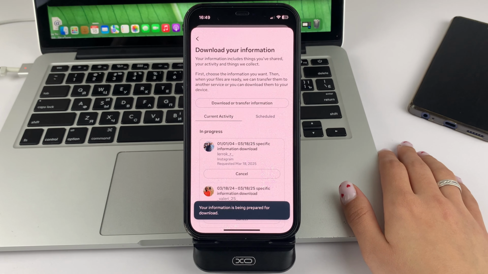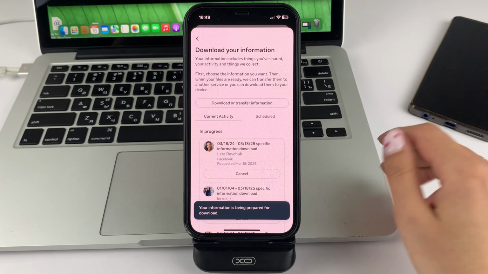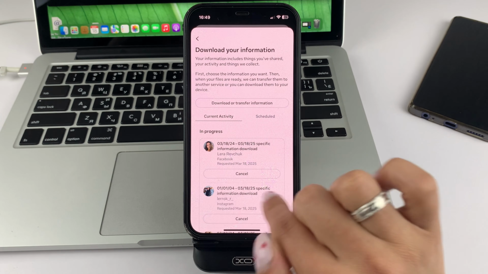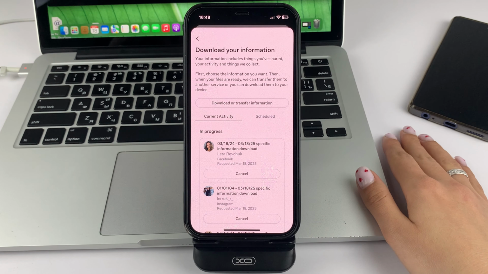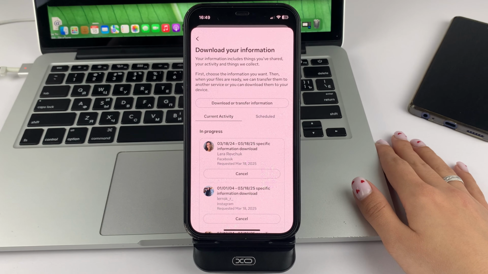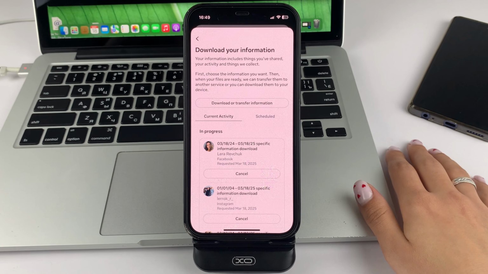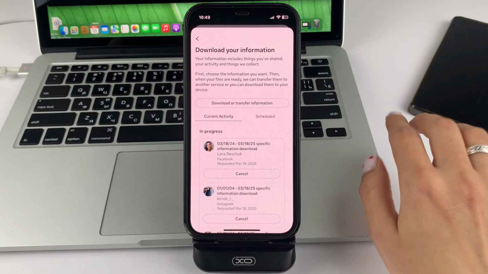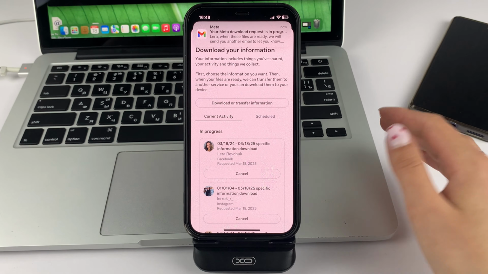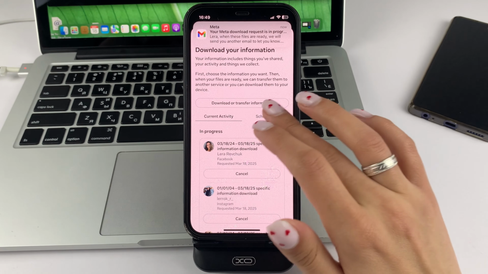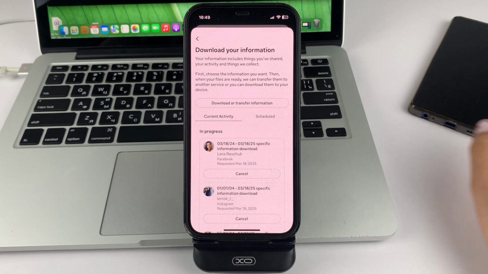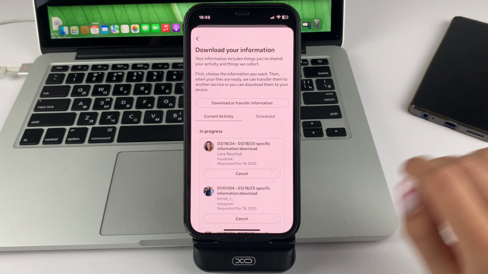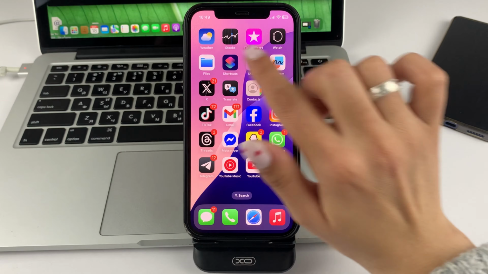And then you will be taken back to the Meta Accounts page to upload your information. You will have this file made, and when it's completely ready, you'll be notified by email that you previously specified. And you'll be able to come back here on Facebook and click Upload. After this section, friends, you'll be able to download a file like this with your deleted messages and chats, and see that file in the Files app on your device.